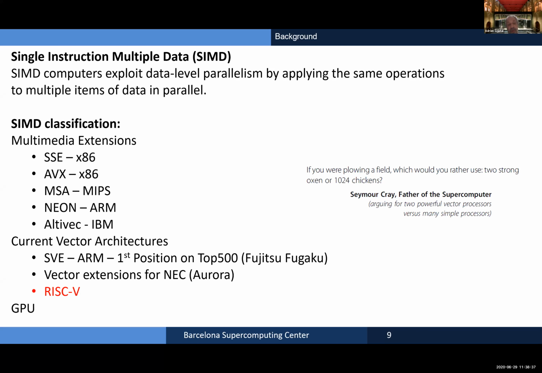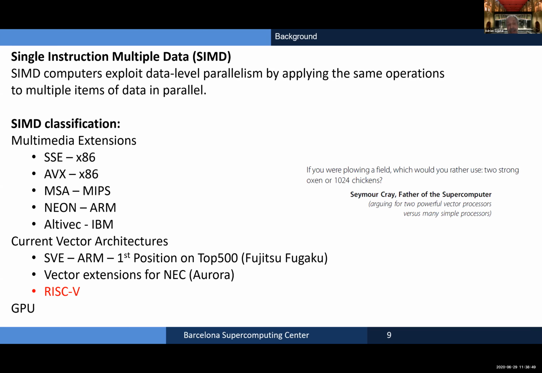And also what we call classical vector architectures, more similar to the Cray-1 vector processor. At this moment that is SVE, the ARM architecture, and it is in first position in the Top500 supercomputers, the Fujitsu Fugaku.